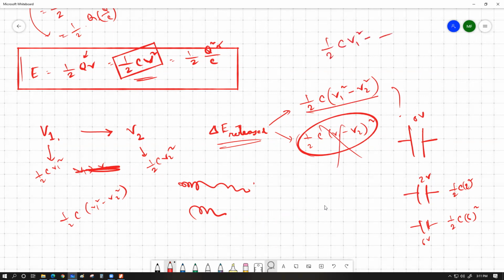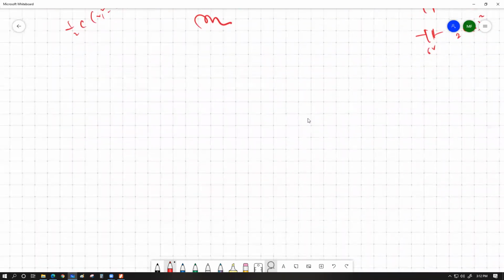Half C V1 square minus half C V2 square. I'm comfortable there, no big deal, I'm perfectly okay. কিন্তু ভুল করা যাবে না, প্রেফারেবলি ভুলটা করা যাবে না, এই জিনিসটা একটু খেয়াল রাখা লাগবে। আচ্ছা, এরপর যে জিনিসটা